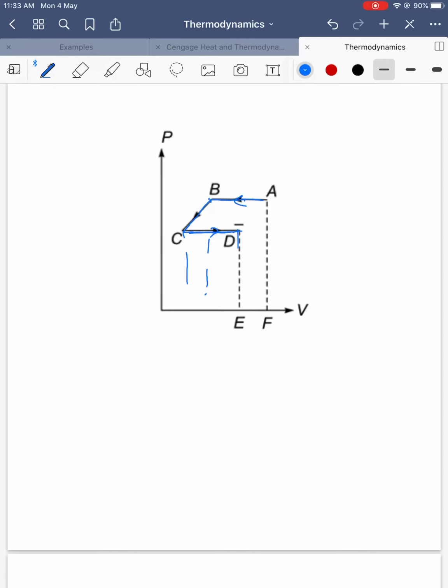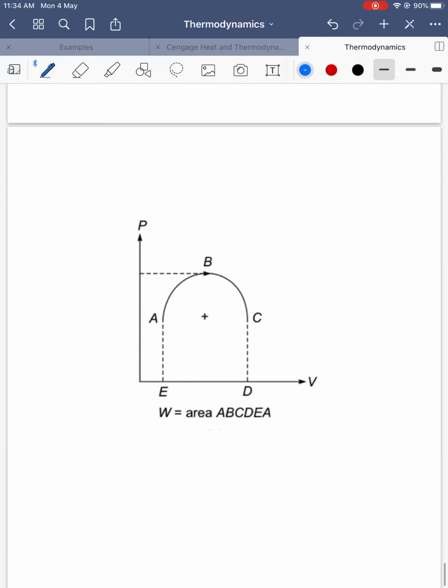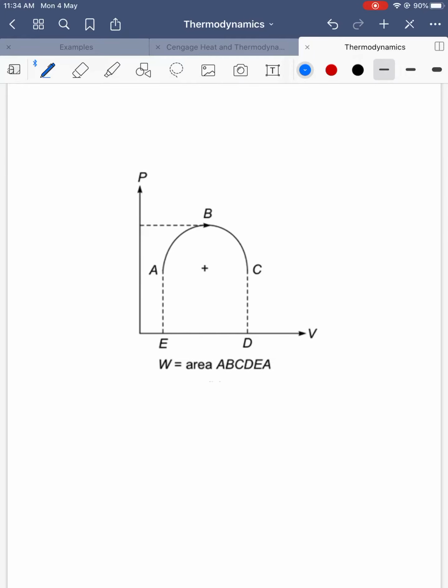So what area under the curve should we find? Area under the curve for everything. See, whatever dotted line is there, we should include also. So I am drawing with the blue pen; if we find the entire area, this will be the net work done. So AB comes down and DC is like this. So the total area under the curve. And here you just see how it is looking. It is like a semicircular part.